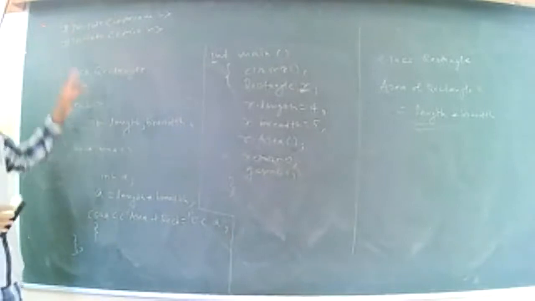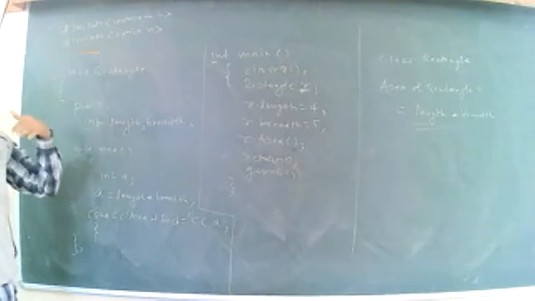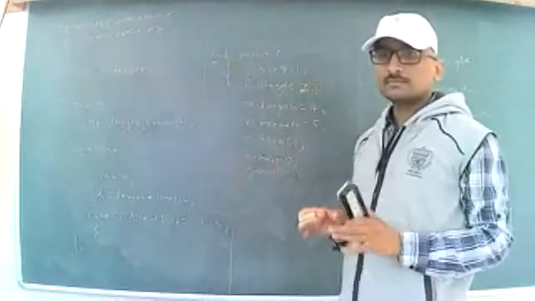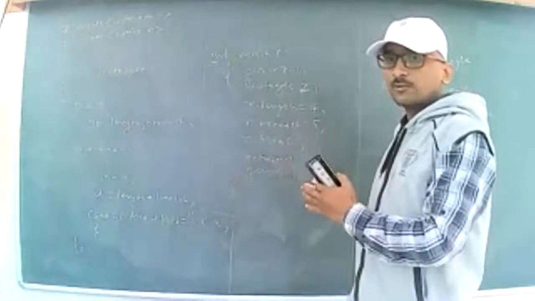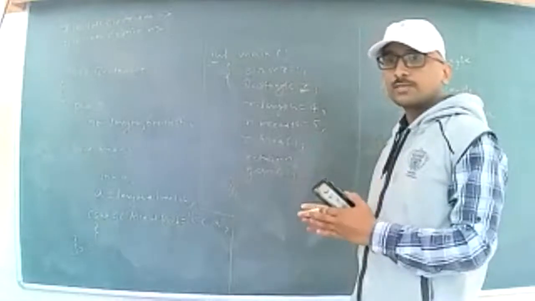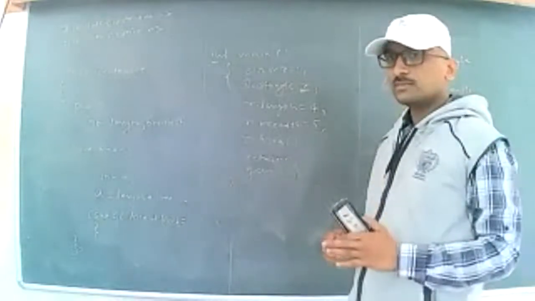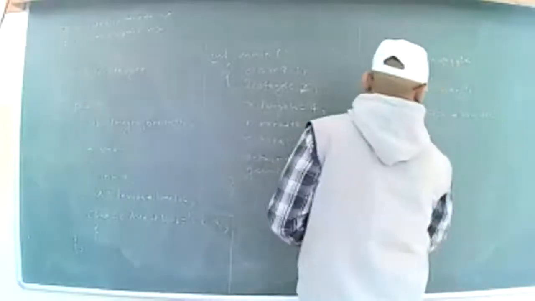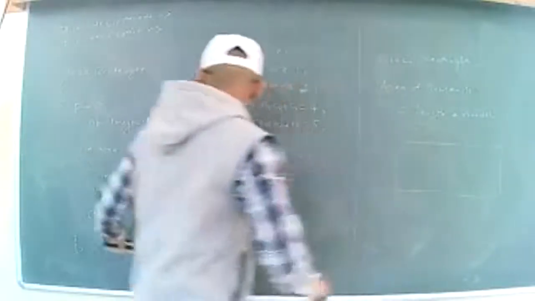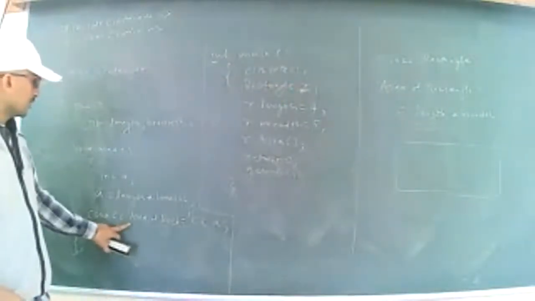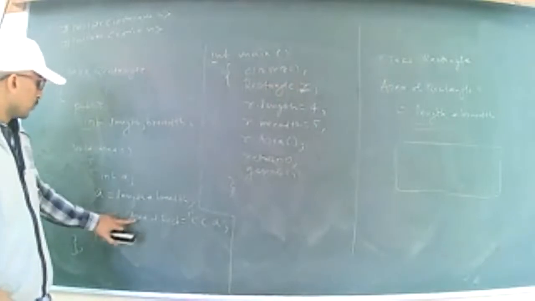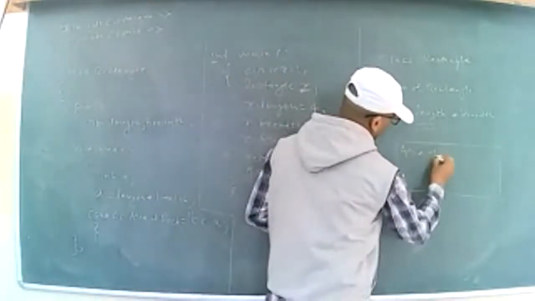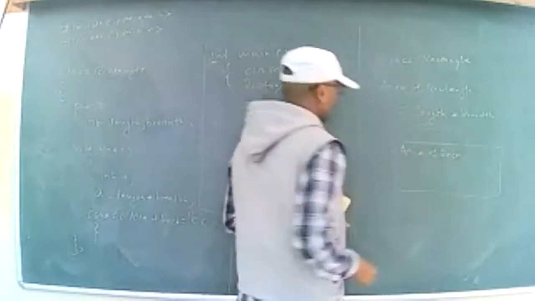After including these header files, you again compile this program, and you will observe that all the errors and warnings have been removed. After running this program, you will get output on your console screen just like this. What will be the message? The message before the output will be: area of rect is equal to.